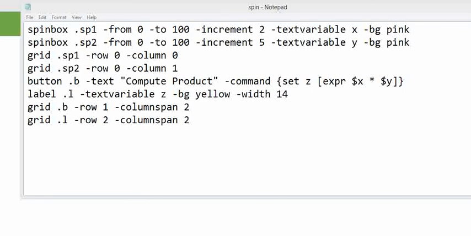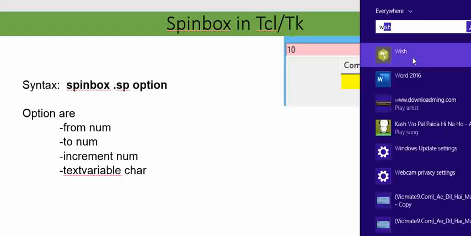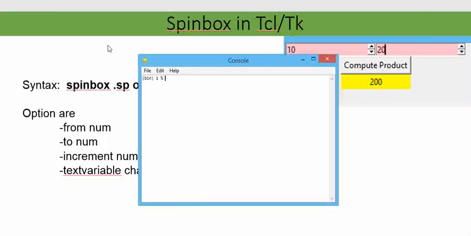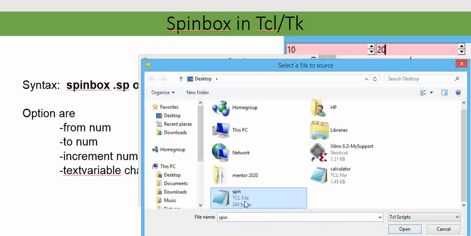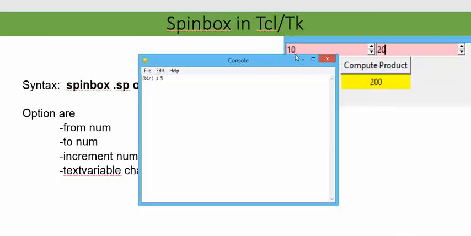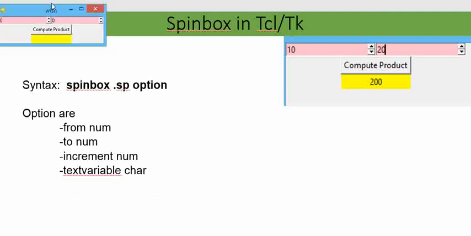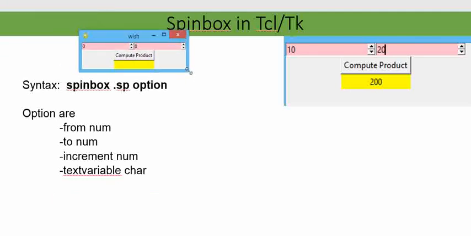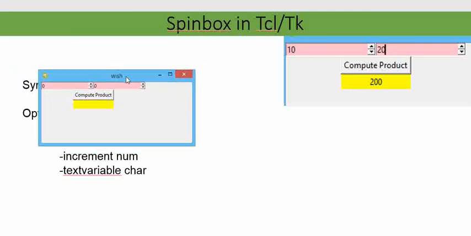Fine. So now here I am going to open the terminal and source the spin.tcl. Now look at this, how the GUI has appeared. As per our expectation, it is on the same diagram of the GUI we had created.